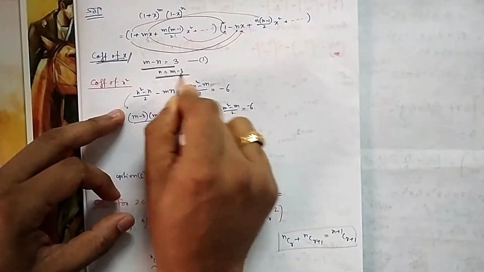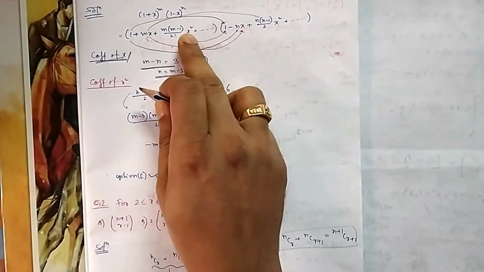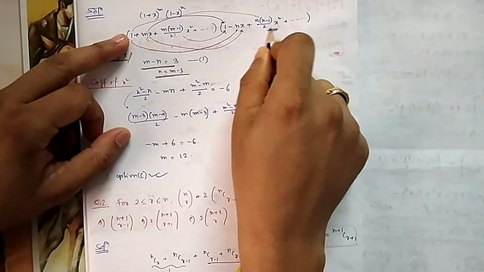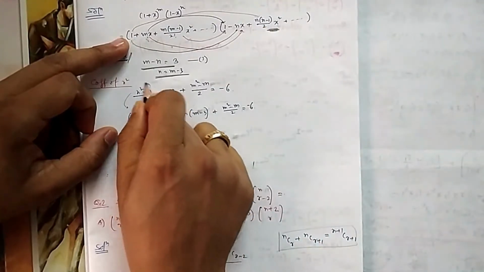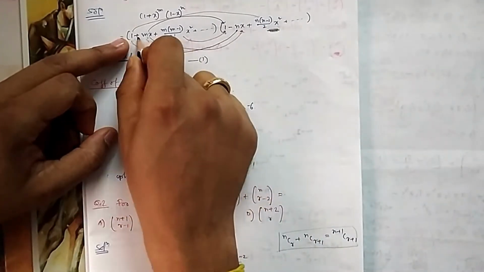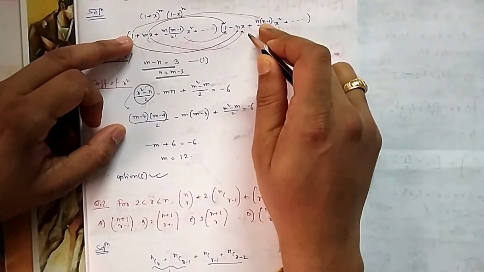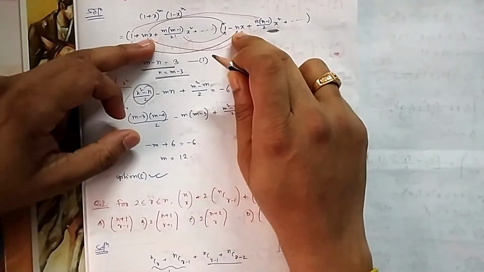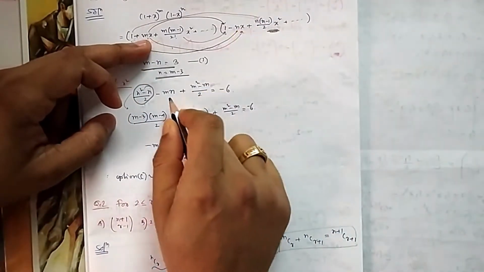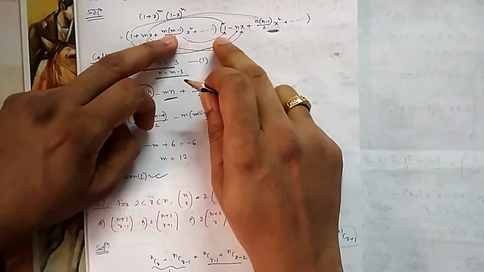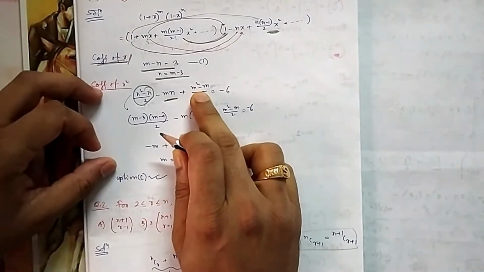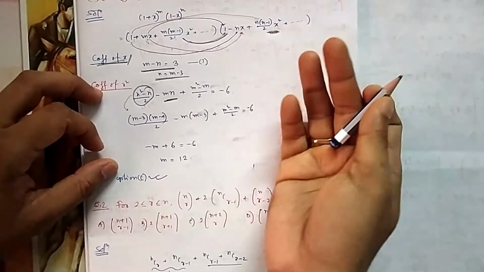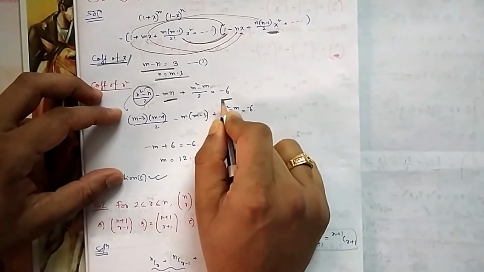So this is one equation given to you, and the second one is the x square coefficient. So find the x square coefficient. 1 when multiplied with x square, then we will get 1 x square. So it is n square minus n by 2, or n into n minus 1 by 2. This one, you can see this and this, 1 and this. And when this mx and nx get multiplied, then you will get x square. So it is mn. And when this x square gets multiplied with 1, we will also get 1 x square. Beyond that you will get more powers of x. So this is also given, minus 6.